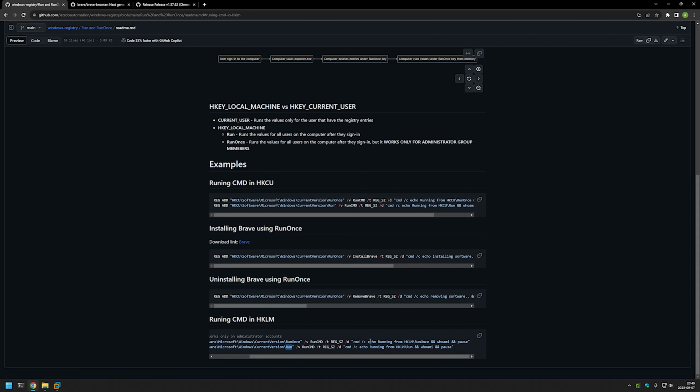And for the values, we're executing an echo command that will give us some text depending from which key the command is running. Then we're executing the command whoami. This will tell us under what user the command is running, and then it will pause the command line so that we can see all the output. So I will copy both of these lines